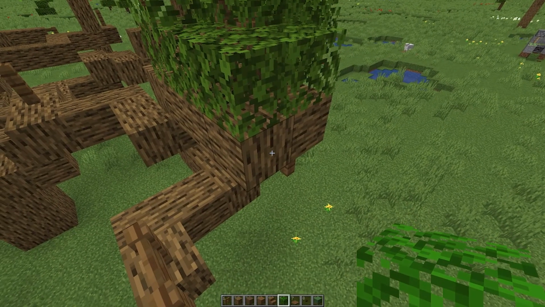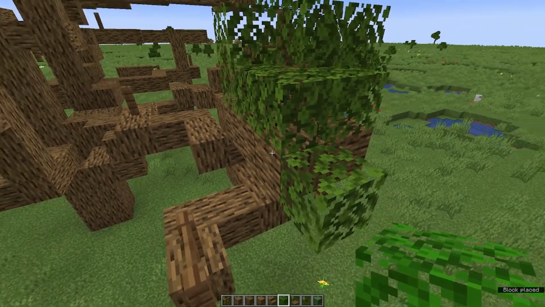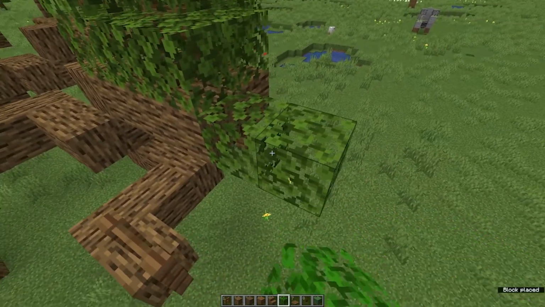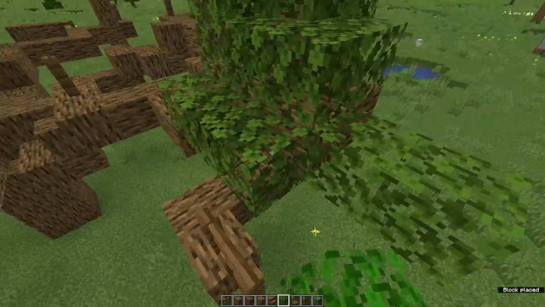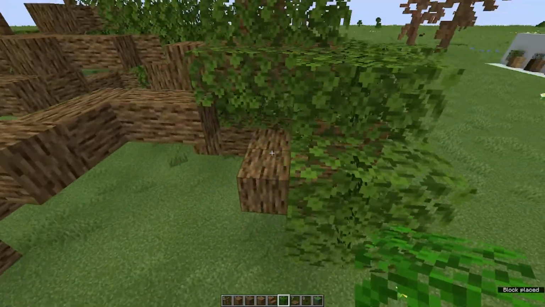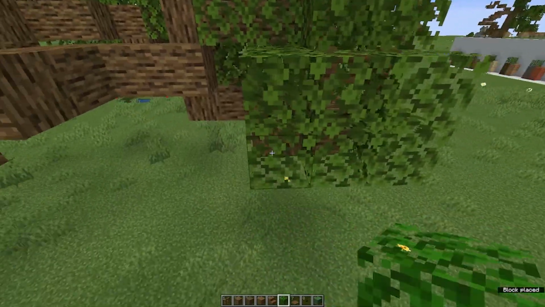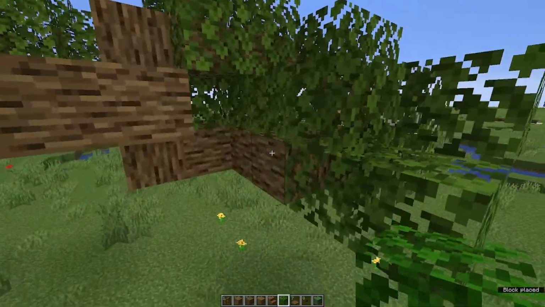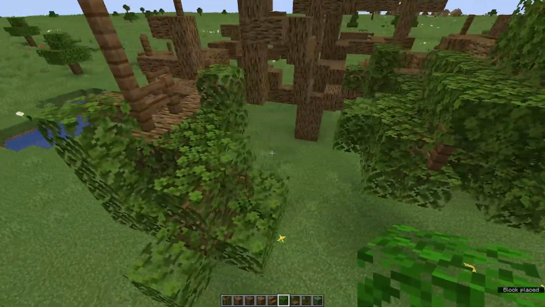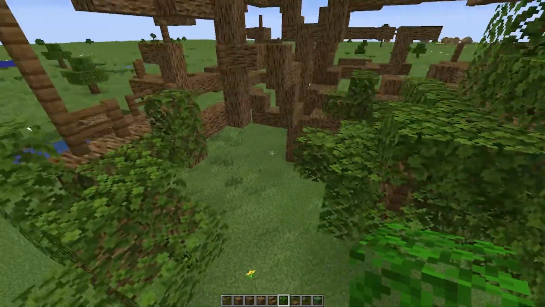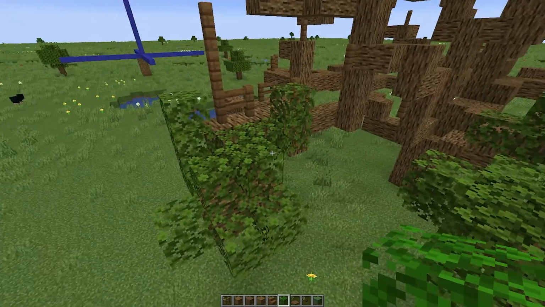Now, when I place the leaf blocks, I want them to either directly connect to a piece of wood or have a maximum of one leaf block in between. And we are mainly placing the leaf blocks on top and on the side of everything, so we're not going underneath just yet. Now here you see we ran into the situation that those two branches are too far apart,